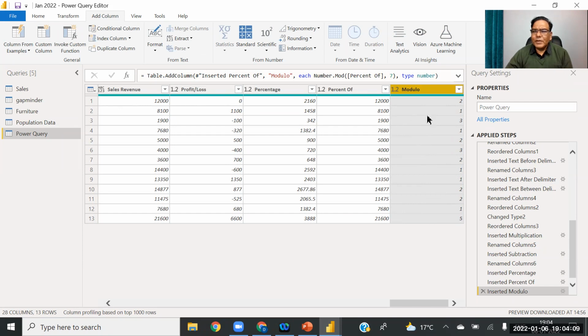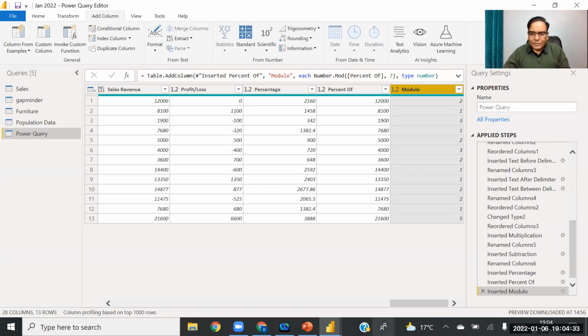For example, if you divide 1900 by 7, the remainder is 3. If you divide 3600 by 7, the remainder is 2. So if you remember the divisor, remainder, that kind of thing.